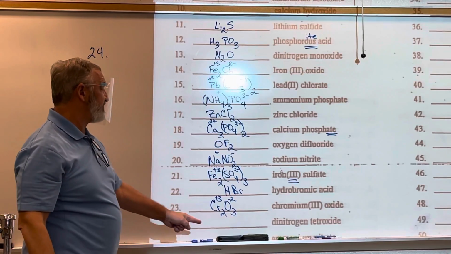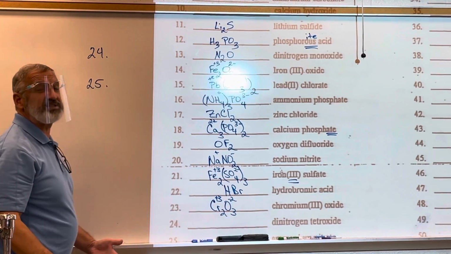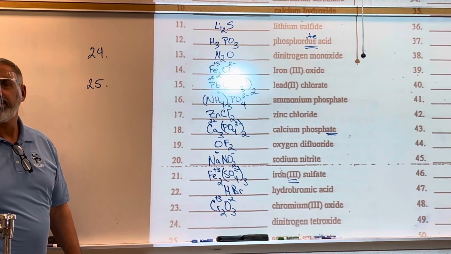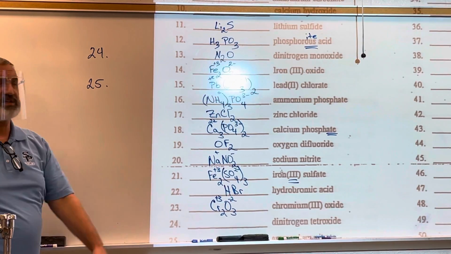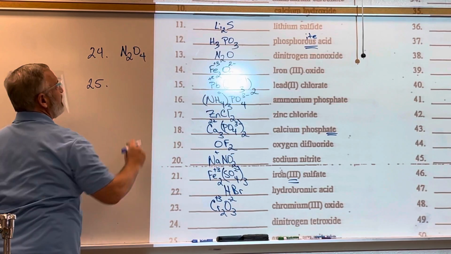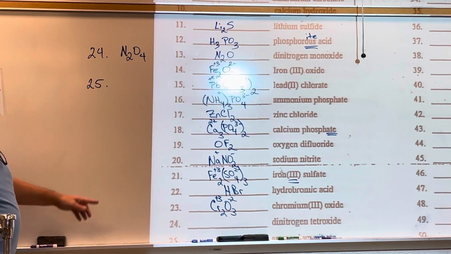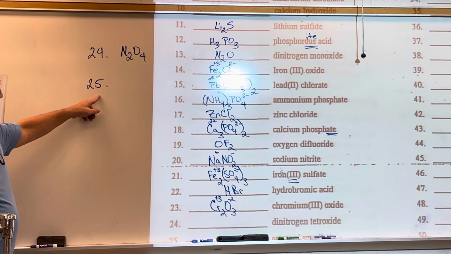But 24 says dinitrogen tetroxide. So what type of compound is that? Covalent, because it's using prefixes. So I can just say N2O4. Nice and easy. Okay? And then 25,